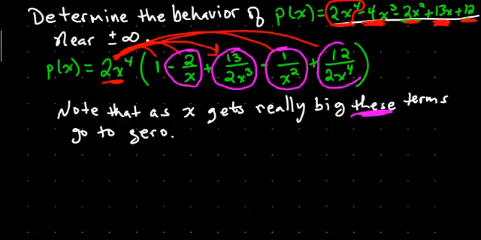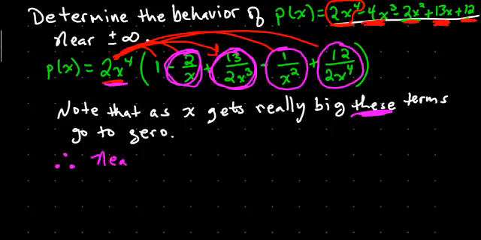As x gets really, really big, that term is going to go to 0 and it's not going to contribute very much. Therefore, note it doesn't matter in the positive or negative x direction. This is going to stay the same because it's x to the fourth, whether it's positive or negative. These are all going to go to 0. They're either going to be close to 0 on the negative side or close to 0 on the positive side, but they're all going to be close to 0. So they're not going to contribute very much. Therefore,